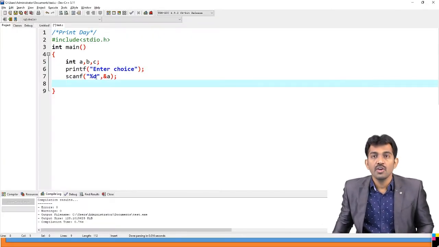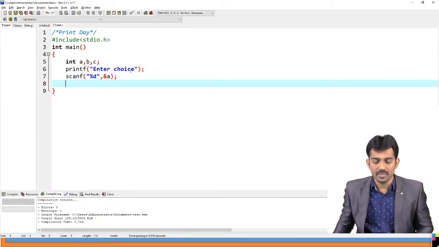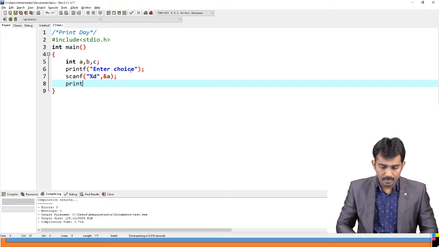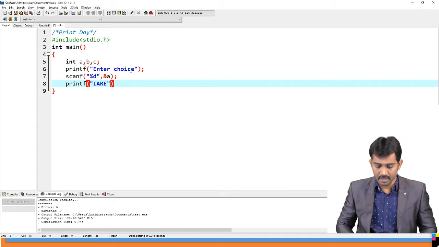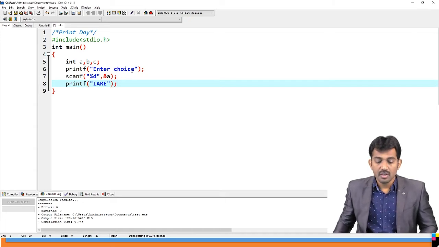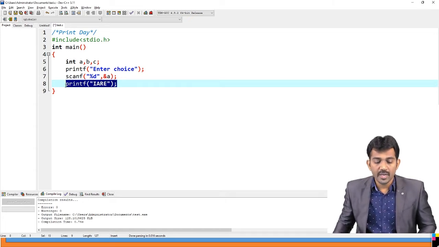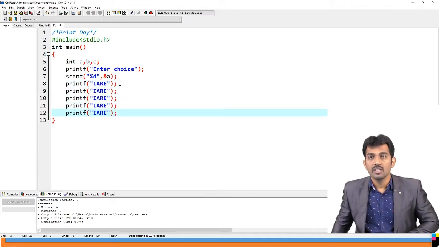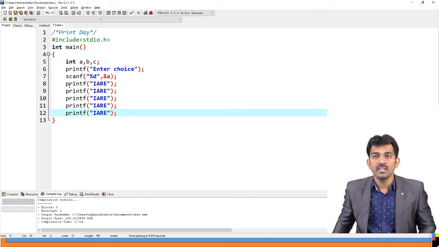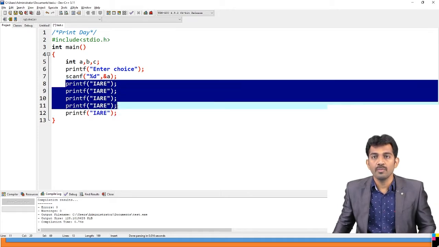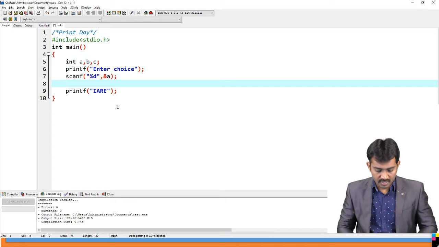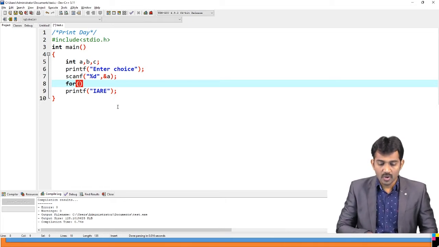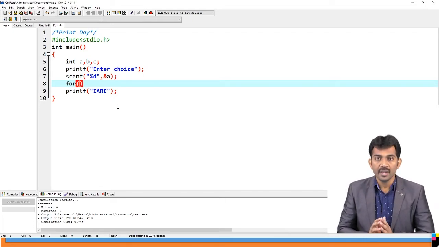See, here you want to print your name 100 times. printf IARE, printf IARE. If you print this name 100 times, you can write like this, right? Instead of writing this, if you use a for loop, for, what is the starting variable?